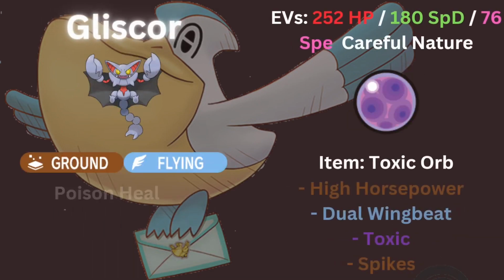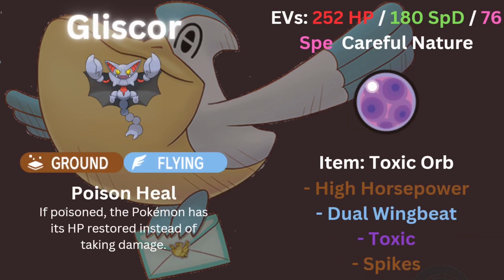Next on the list, we've got Gliscor. Gliscor has a lot of great stuff going for it, such as being Gliscor. In all seriousness, this is kind of a primary Sneasler check. I still don't know if he would bring it or not, but it's just such a troublesome mon that if I don't bring this sort of set, I feel like I would just be under-prepped for it. We've got Dual Wing Beat to beat any